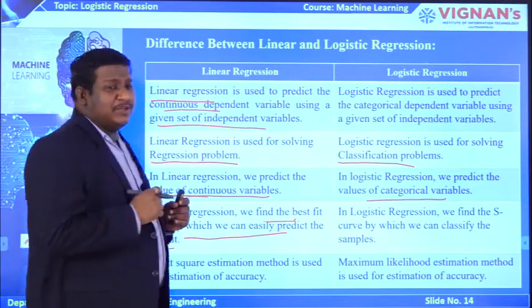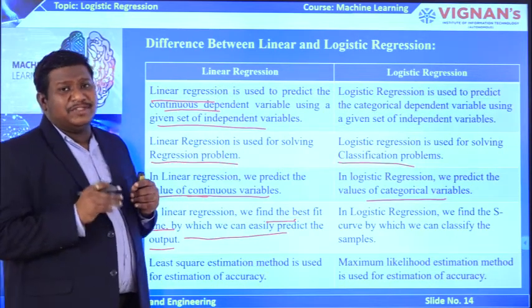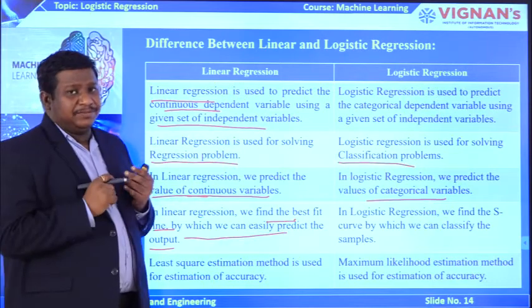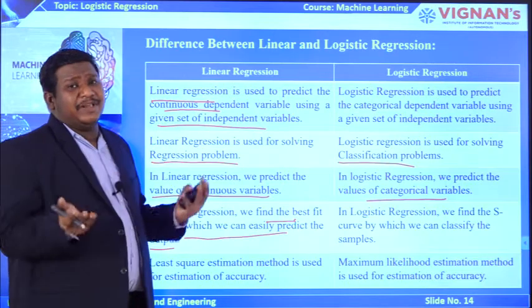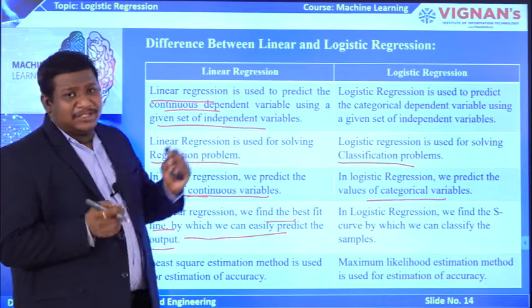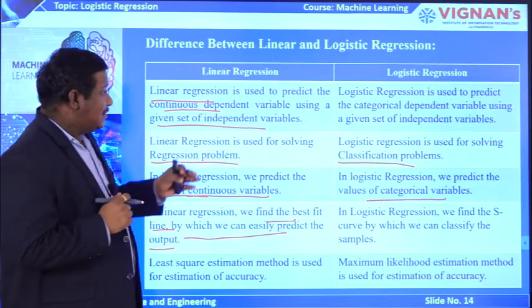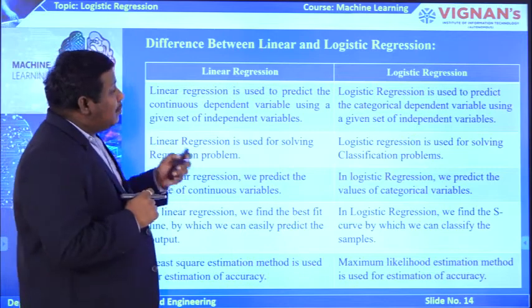In linear regression we use the best fit line as a linear curve, whereas in logistic regression we use the sigmoid function. For best fitting we generate the S-shaped curve. In linear regression we use the least square estimation method, whereas in logistic regression we use maximum likelihood estimation. So these are some of the major differences between linear and logistic regression, and we can see some more differences